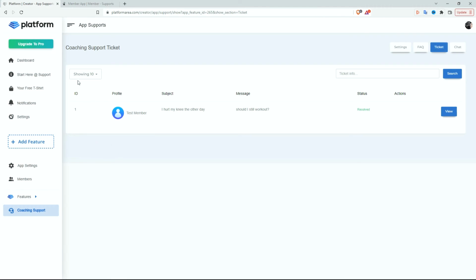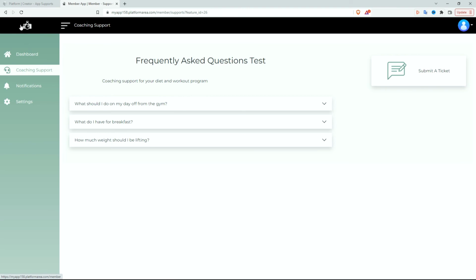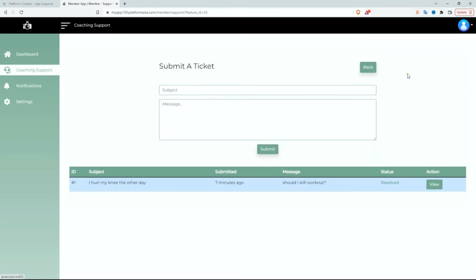Okay, so I have turned off the chat now. Let's go check it out in the members side, see what that looks like. Okay, go back to support here. And there it is right there. The chat feature has been taken off. It's not there anymore. So the only way for me to be able to ask a question is by submitting